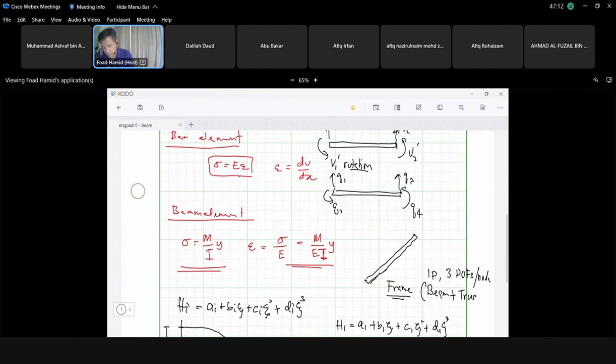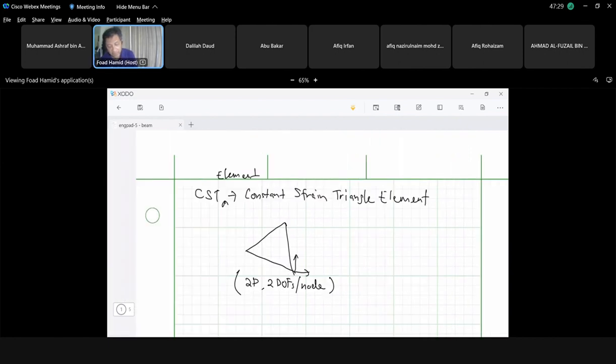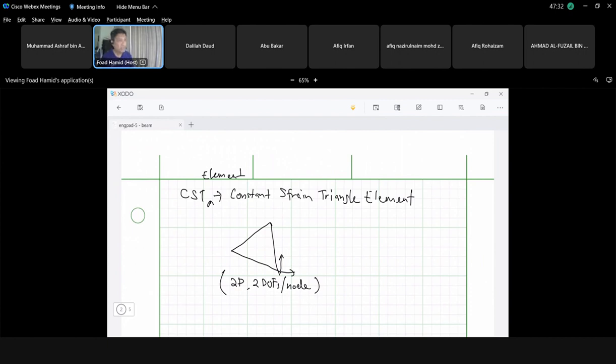Oh, maybe, sorry. I think beam plus bar, or plus. Okay, so that's frame. And the next level is CST. So this is the progression. This is the progression of our